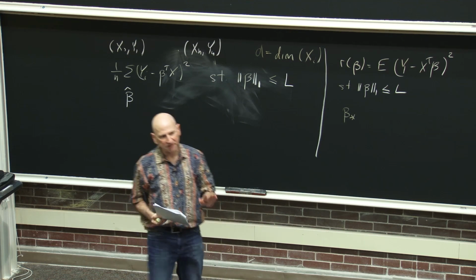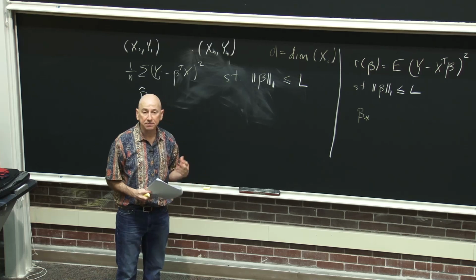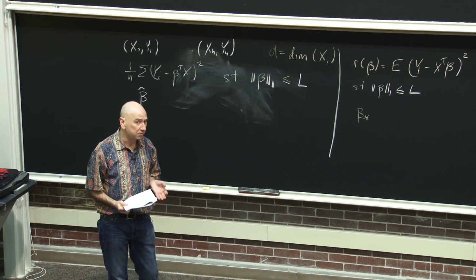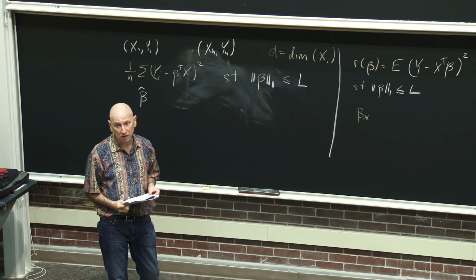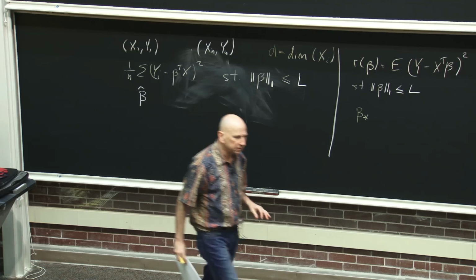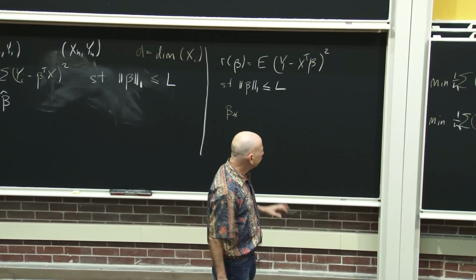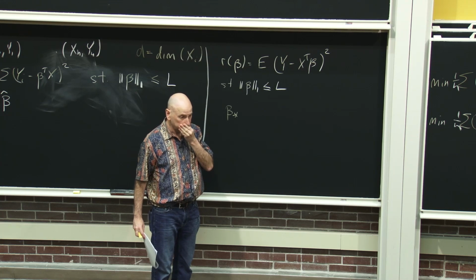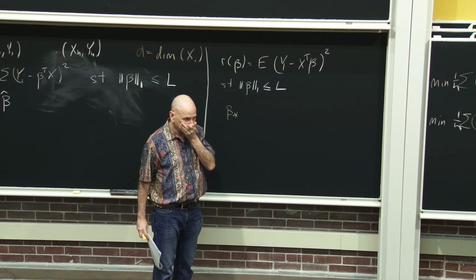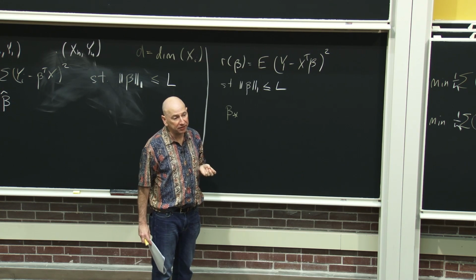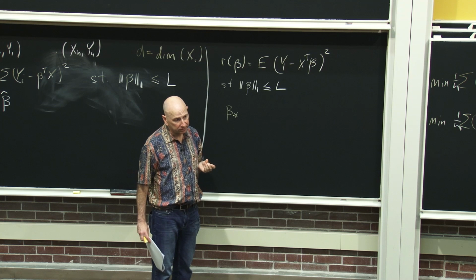Actually, let me retract that. They're not useful results for what I think of as typical machine learning and statistics problems. There are certain domains, like signal processing, where those assumptions make sense. I just want to know why you want to compare this beta hat to this beta star. Because the thing that we want is that the estimate we get is near to the solution to the 0 norm. Maybe. I mean, that's just a matter of definition.